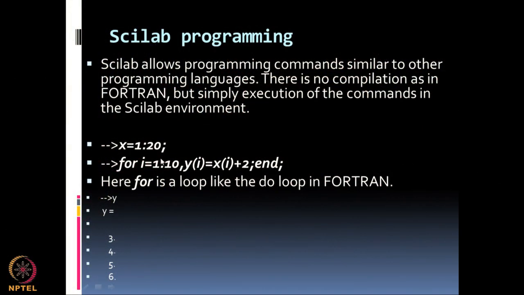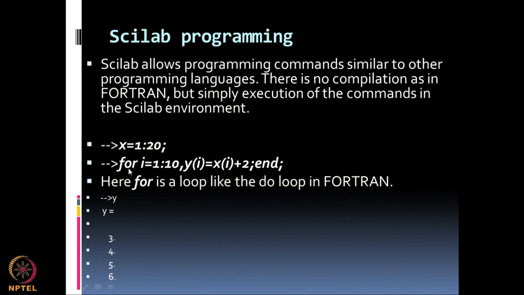Now, for example, here I have given x going from 1 colon 20. So, that means x will take these 20 values. Okay, it should have been x = 1:1:20. Let us go to the next one. I think there is something not correct in this. There should be x = 1:1:20, in which case it will take x from 1 to 20 with a spacing of 1. So, this may also take on 1 to 20 in increments of 1. This could be the default value.